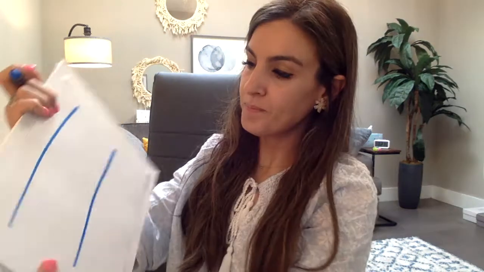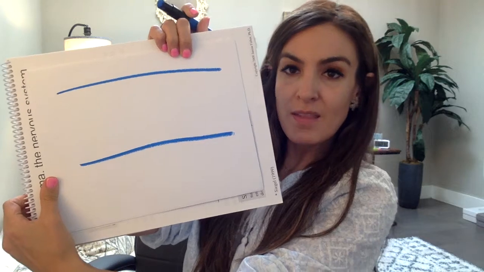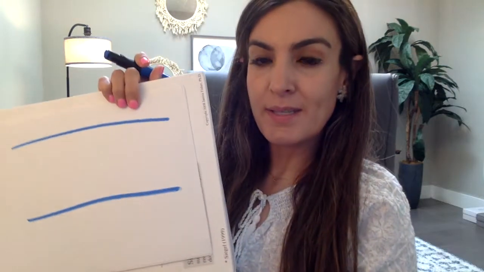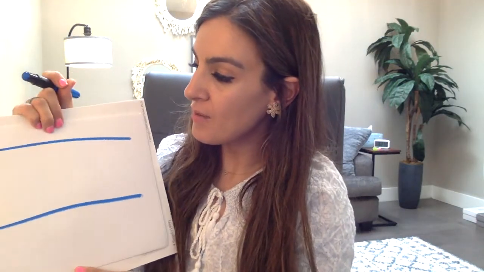Okay, so what we're going to do is we're going to draw a window of tolerance. What's the window? The window is like this. You basically draw two lines, okay? So there's a high line and a low line, okay? So basically, okay, that's the window of tolerance. And we want our clients to be able to tell us on a daily basis where they operate, where they function, okay? So what does the window of tolerance mean?